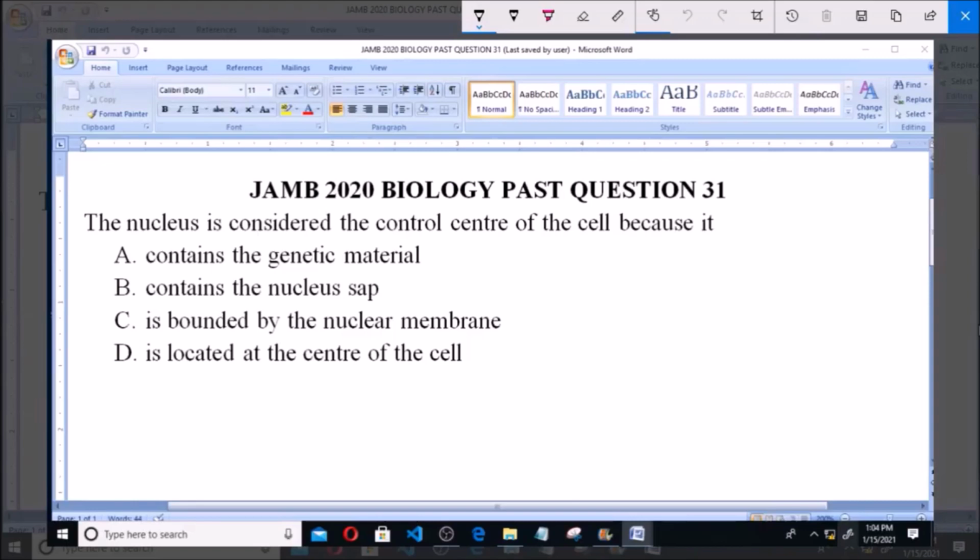I'll be answering JAMB 2020 Biology Past Question 31. The nucleus is considered the control center of the cell because it A. contains the genetic material, B. contains the nucleus sap, C. is bounded by the nuclear membrane, and D. is located at the center of the nucleus. The nucleus is a cell organelle and is described as the control center of the cell, and this is because it contains